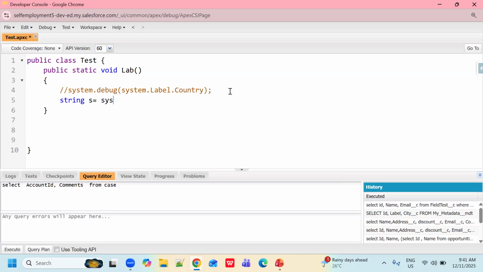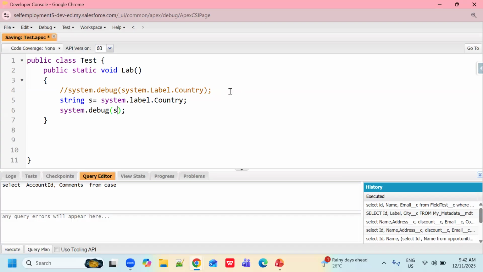System.label, we need to write the same thing, dot country. Now we can print this from the variable. I'm simply printing this variable, but you can use it in your further coding as per your requirement.